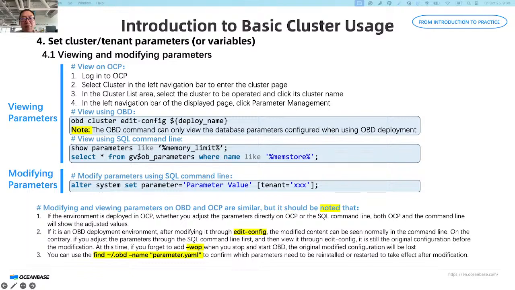1. If the environment is deployed in OCP, whether you adjust the parameters directly on OCP or with the SQL command line, both OCP and the command line will show the adjusted values. 2. If it's an OBD deployment environment, after modifying it through edit configure, the modified content can be seen normally in the command line. On the contrary, if you adjusted the parameters through the SQL command line first, then view it through edit configure, it's still the content before the modification. At this time, if you forget to add -W when you stop and start OBD, the original modification configuration will be lost. The third, you can use the command